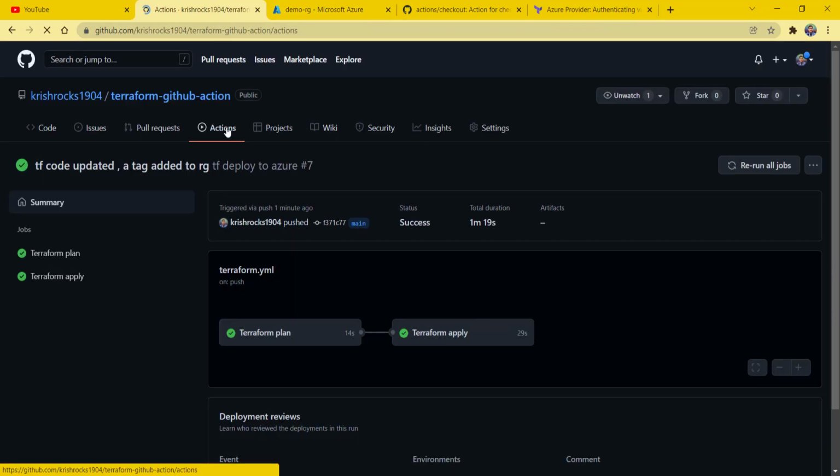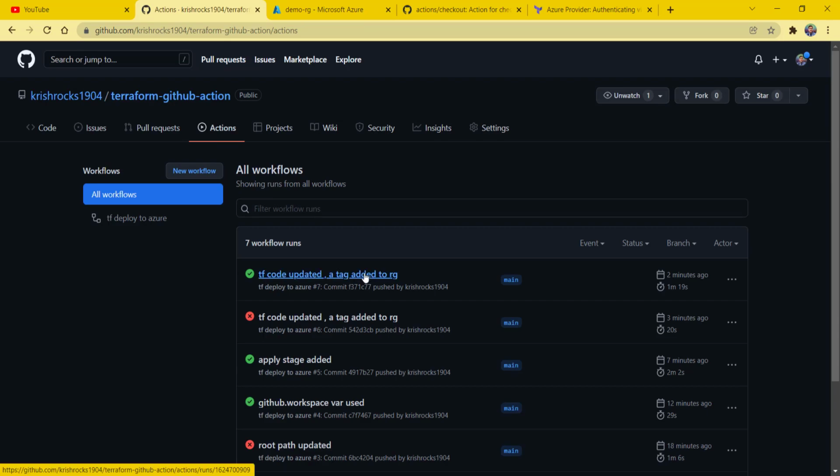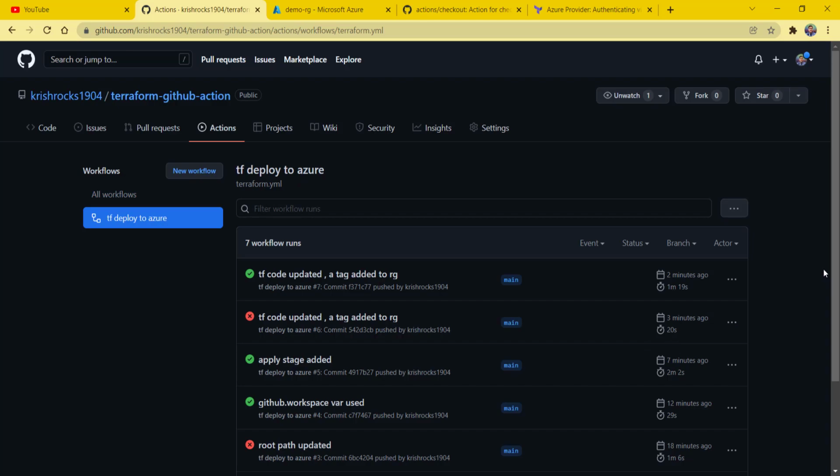Now one last thing I would like to mention here is we do not have any option at the moment to run this pipeline manually. I can run the pipeline from a push. Whenever I push code changes or raise a pull request, it will run that particular change. No issue with that. But what if I would like to run the pipeline manually? I do not have any option to run the pipeline. Obviously I can disable the pipeline, I can create a status badge with this particular pipeline, that's okay. But what if I would like to run this particular pipeline?